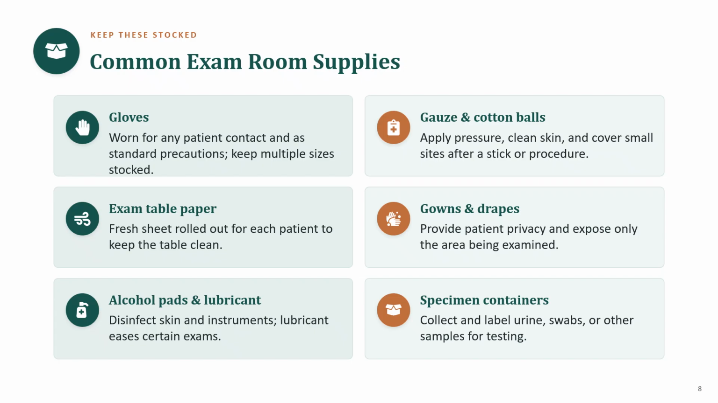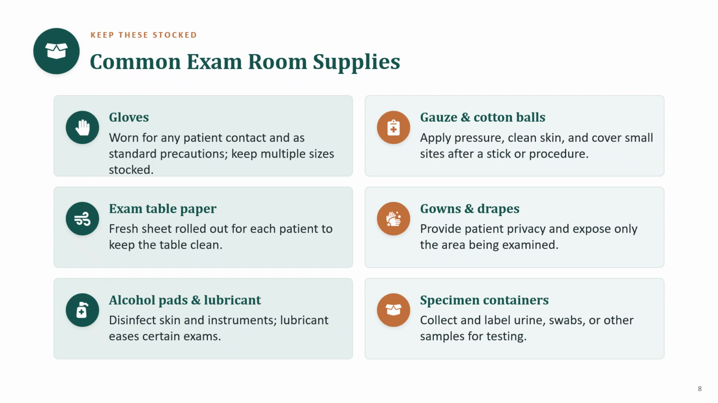Supplies are the consumables, the things you use up and have to keep restocking. Gloves are at the top of the list because you wear them for any patient contact as part of standard precautions, and you want several sizes on hand so they actually fit. Gauze and cotton balls are used to apply pressure, clean the skin, and cover a small site after a blood